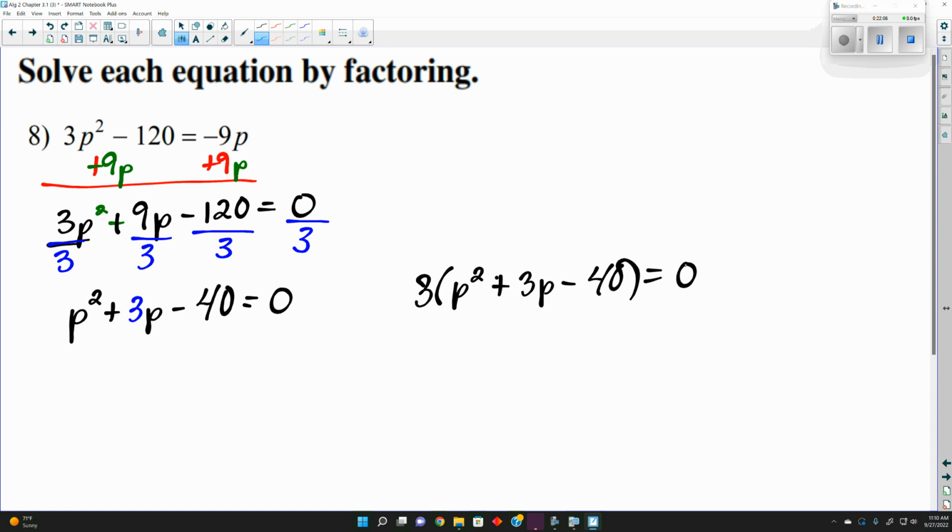Yes? And what did we say with the zero product property? Any two things multiplied together equals 0. One of them must be. Can we do anything with that 3? So we're really saying that this here has to equal